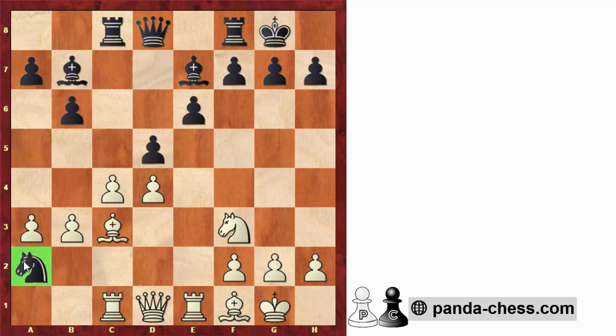Even though this knight looks trapped there, the idea is to take on c3 after the rook moves. Just take on c3 and then black will collect this pawn on a3. So after rook takes, black went knight to c6, and in this position actually white had an option to try